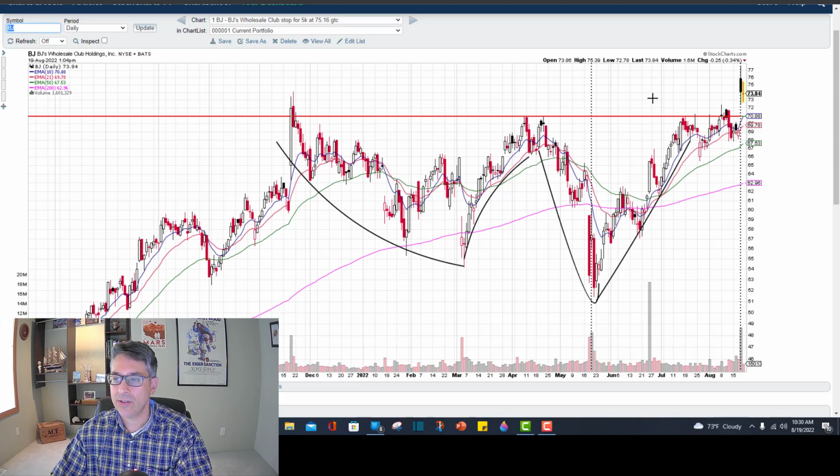So hopefully you're in this thing already. You could have bought this pullback right here, the pullback buy. If not, let's watch and see. We got big volume on the breakout, and we want to see it extend for 2 or 3 or 4 days, big volume up days. If we see that, and we're not already in,